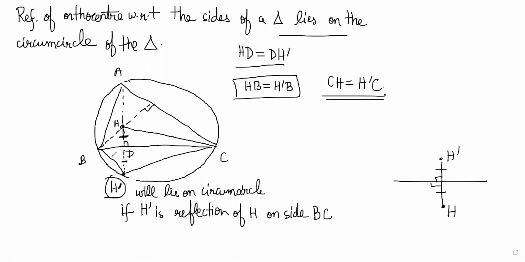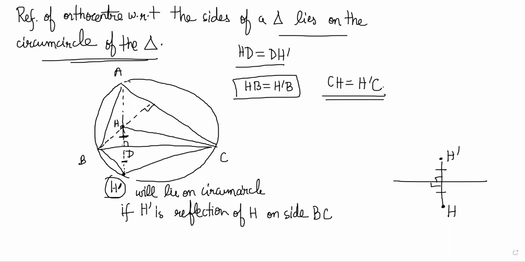I understand what you're saying, but there is a problem, right? Sir, I was thinking of proving CHD and CDH dash congruent. So what you are doing right now is assuming it lies on the circle and proving congruency, right? Yes, sir. That is better, I think. But you should also be able to do the side where it is a reflection and prove that the reflection lies on the circle, right?